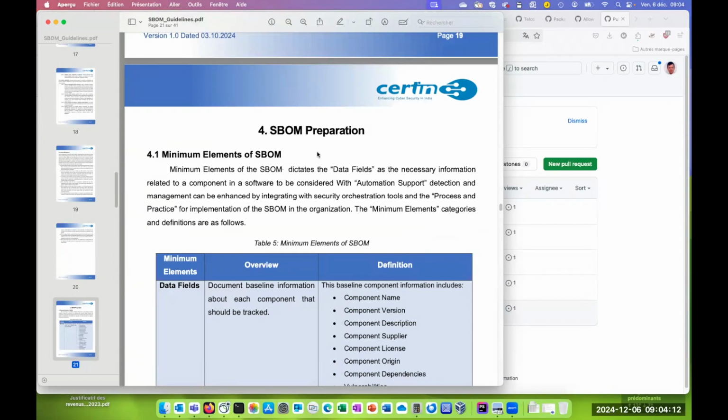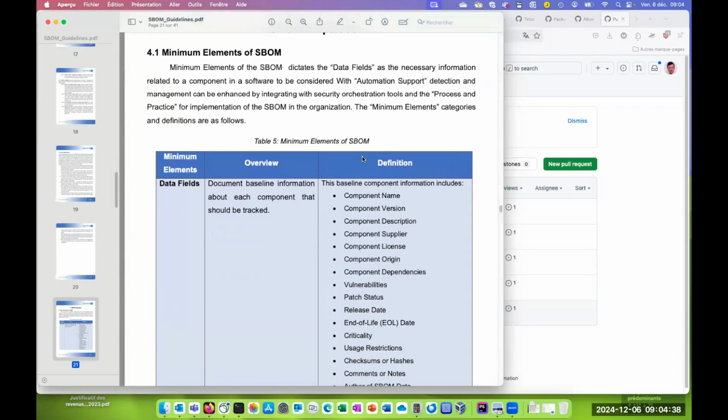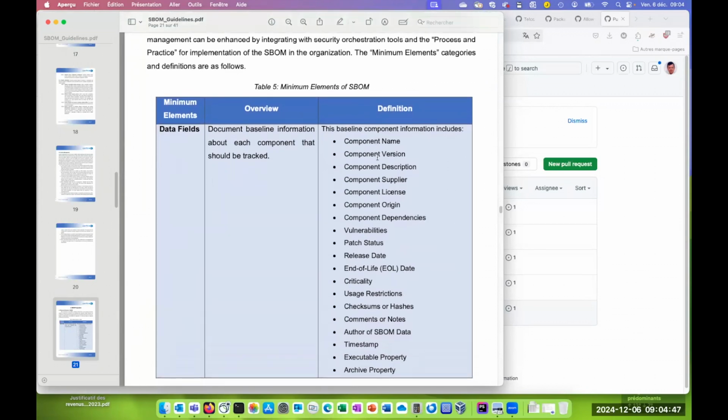In chapter 4, section 4.1, they list what they call the minimum elements of SBOM, and it's a much bigger list than the NTIA minimum elements, because we have 21 minimum elements, which is really big. And honestly, I don't know if it's really possible